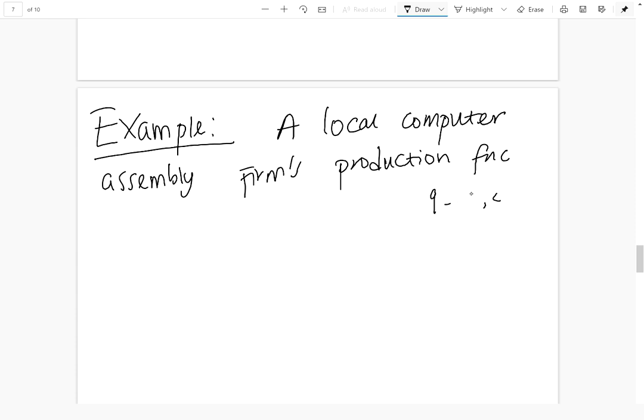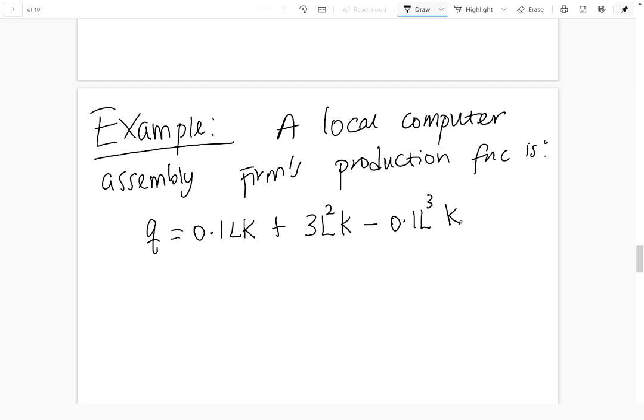Right. So their production function is, okay, Q is equal to 0.1LK plus 3L squared K minus 0.1L cubed K. So we know how this firm combines labor and capital to efficiently produce some output here. All right, so with this information, if the question is asking us,